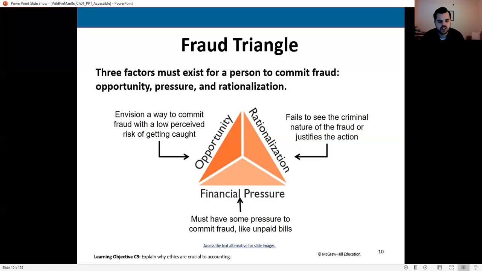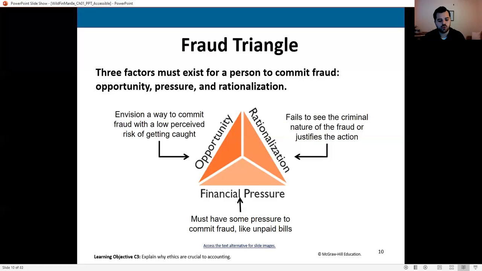So opportunity is essentially how. How can I commit the fraud? That is the question. So if I am working at a gas station, say I'm running the cash register, okay? That's my job. I'm running the cash register at a gas station, and there's no controls over the cash register. I work the cash register from the moment I walk in to the moment I leave. I never balance my cash register. No one ever checks to make sure I've given out the right amount of change or that I've collected the right amount of cash, anything like that. There are no cameras. There is no supervision, right? The absolute worst set of internal controls you can possibly imagine, okay?